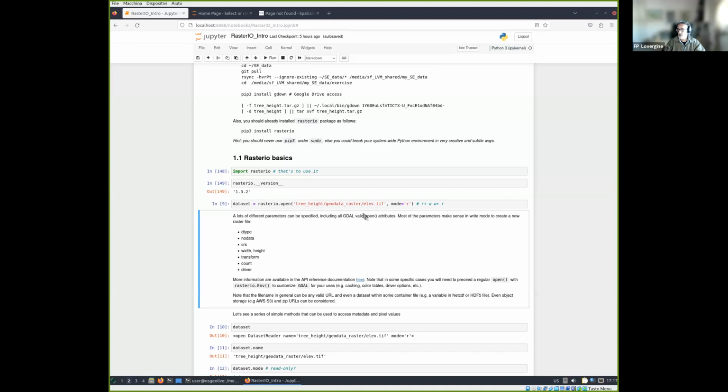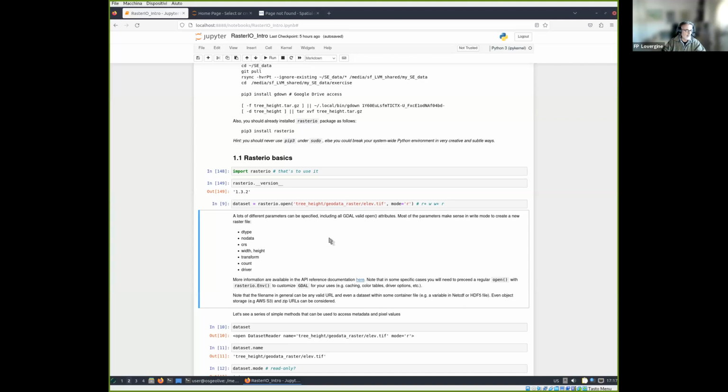I don't know if Giuseppe already showed this using, for instance, GDAL info, but I think so. But essentially, you should specify the correct URL to access the data you're interested in when using the open